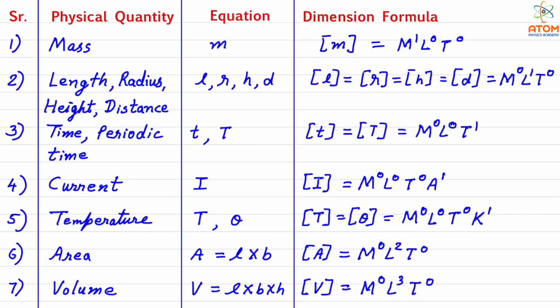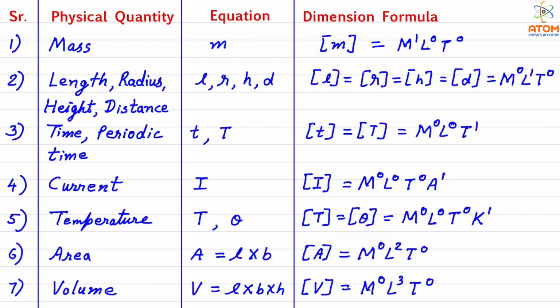Now here we are going to see how to derive a dimension formula of a physical quantity from its equation. There are plenty of physical quantities, so obviously there can be plenty of dimension formulas also. Here we have chosen some selected physical quantities and derived the dimension formula of each. But with the method you will learn here, you can create the dimension formula of any physical quantity, even one which is not included here.